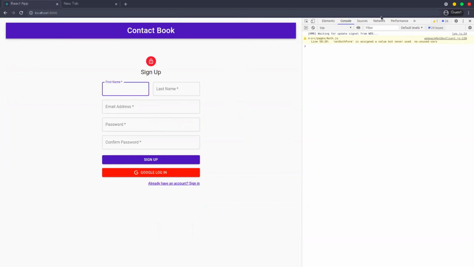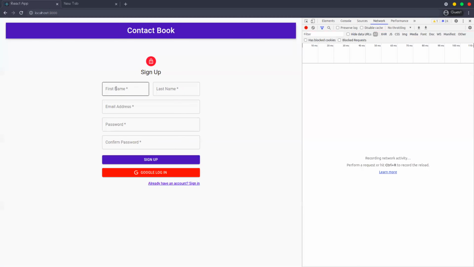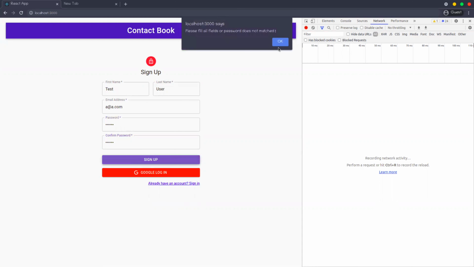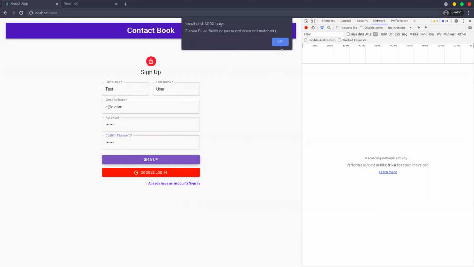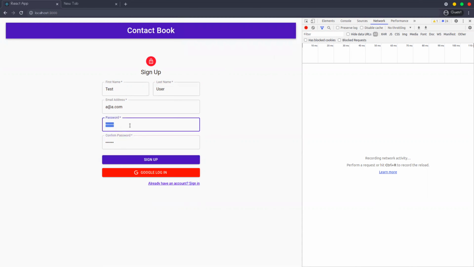So just open the network tab and test, like test user, a@a.com, password is 123456. Now try to sign up. Password does not match. Why? 123456, 123456.